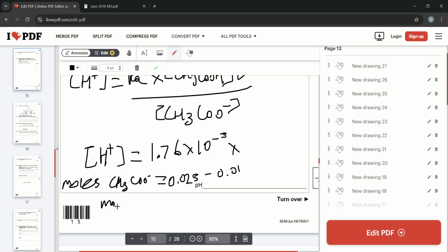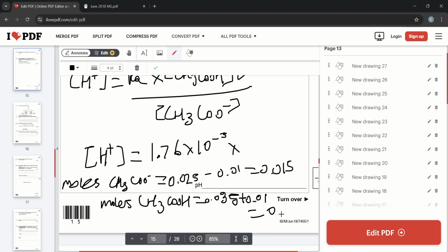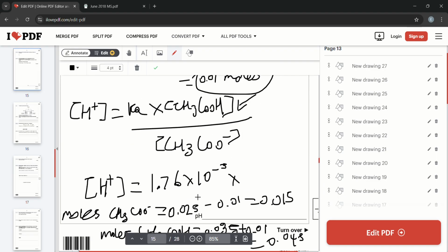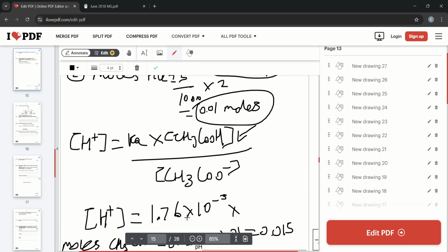And then the moles of CH3COOH equals 0.035 plus 0.01. So we get 0.015, we get 0.045, and now we can say [H+] is equal to Ka, 1.7 times 10 to the power minus 5,